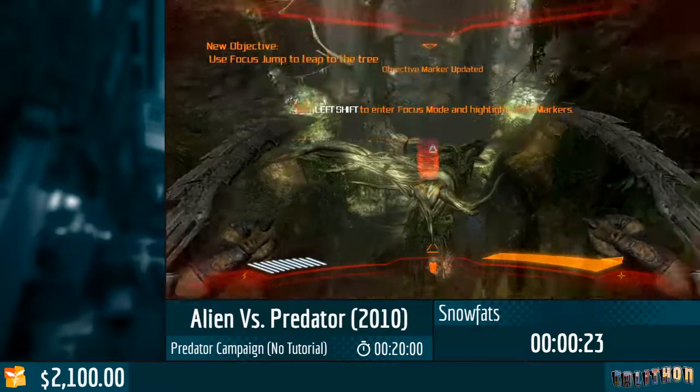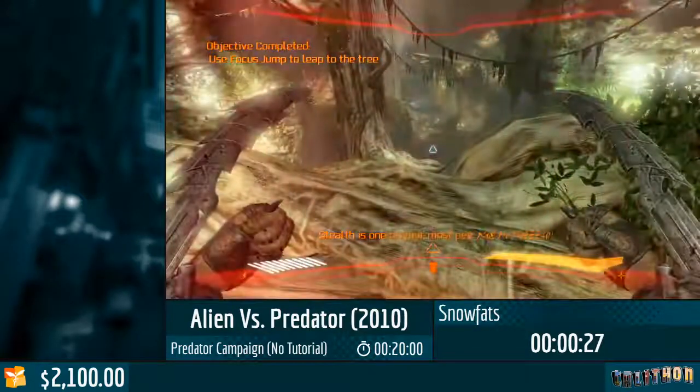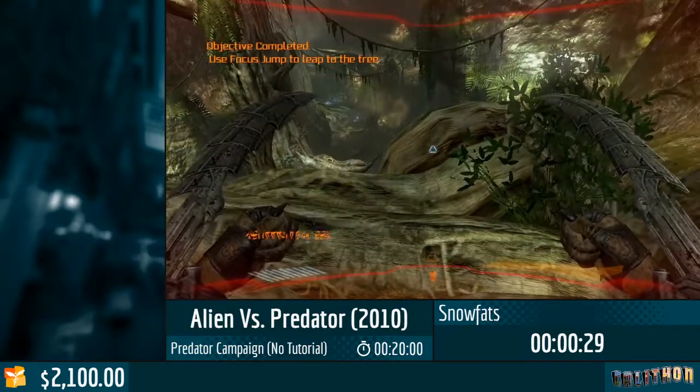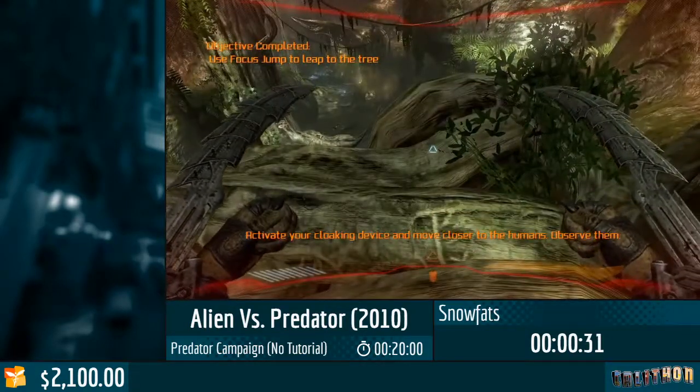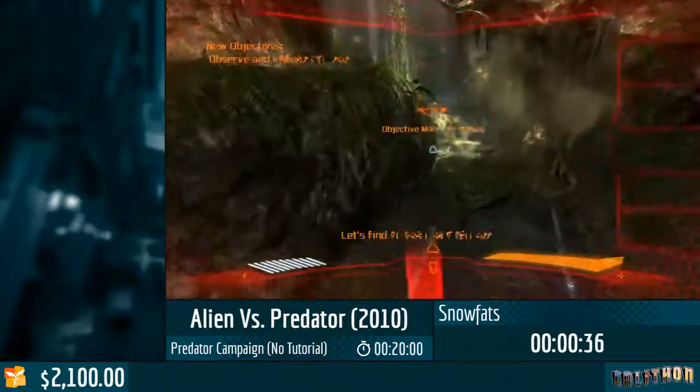I am an elite Predator. I have come down to this planet because in the Alien campaign, the Alien has killed a whole lot of Predators. And there happen to be Weyland-Yutani tech people here that are trying to...